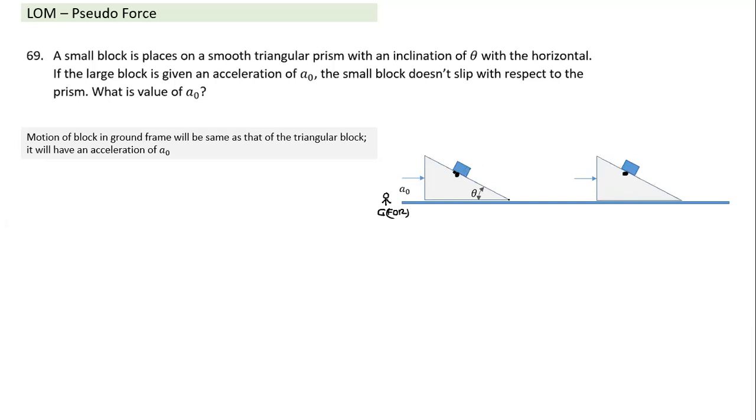And if it has not slipped, it also means we can treat this small block as a part of the large block. Both of them have the same displacement, same velocity, and same acceleration. So in the ground frame, this block also will have an acceleration of a naught. Then only it will not slip. That's how I can see it in the ground frame. The net force acting on the block has to be in the horizontal direction. And if the block has mass small m, the net force has to be equal to m a naught. Where the net force will come from, we'll see that part. So that's one part as seen from the ground frame of reference.